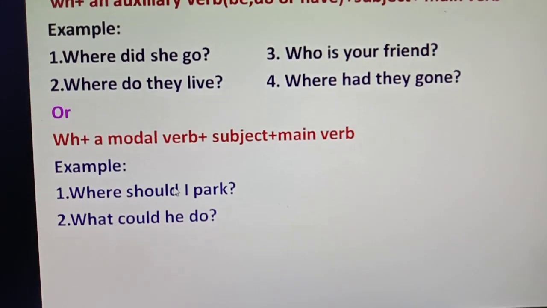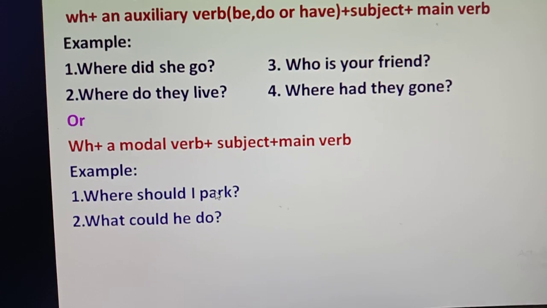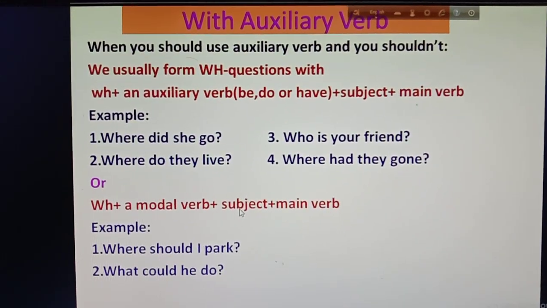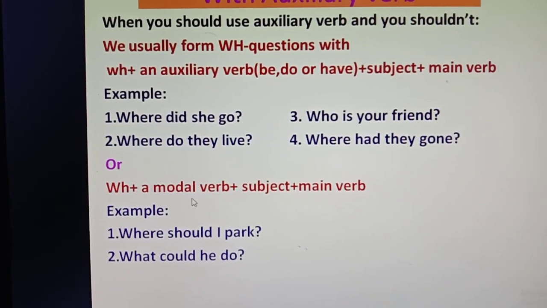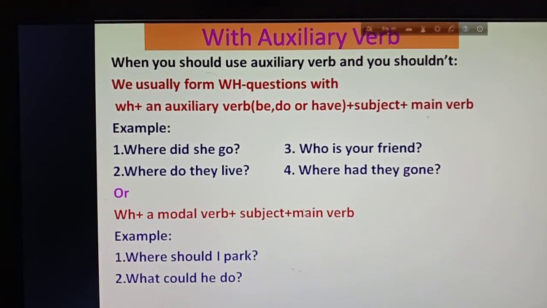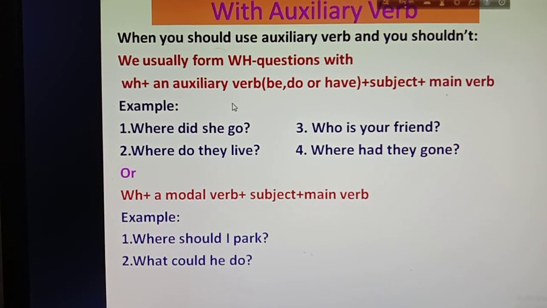Modals are unchangeable. Okay, that means you need not change the modals in the sentence. Okay, so this is another rule for making WH question, that is WH plus a modal plus subject plus main verb. Actually both rules are same, but the difference is